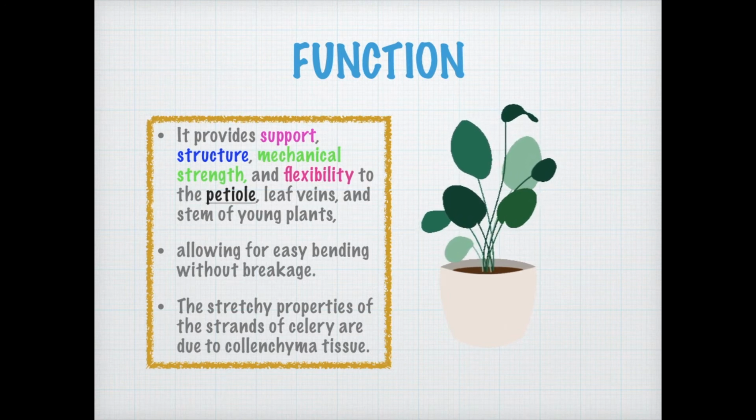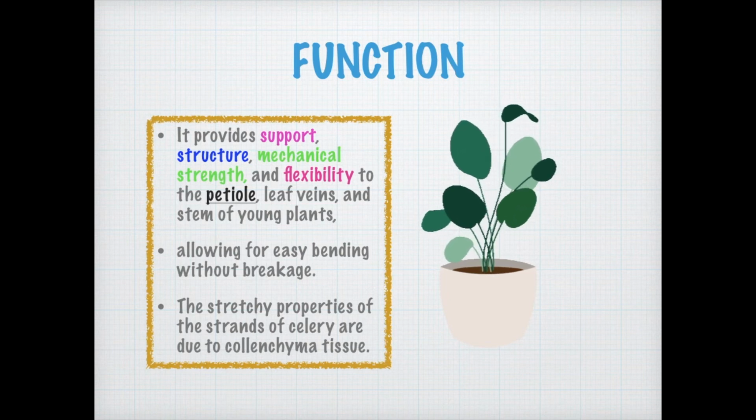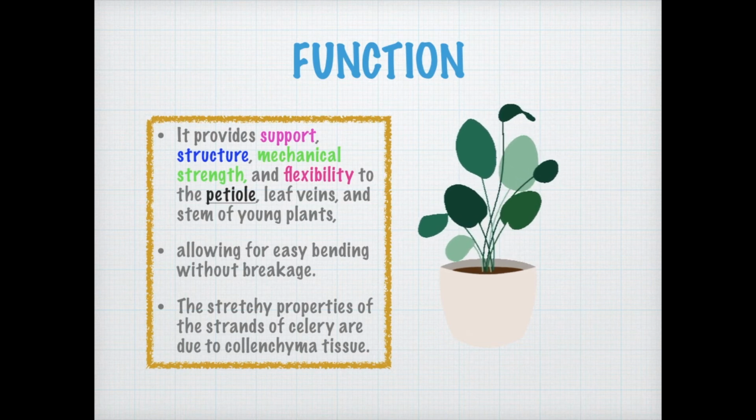And when they give support, definitely they will give structure also. They give mechanical strength and flexibility. Flexibility is a very important word, because it is mentioned in your NCERT books also. Why flexibility? Because when the plants sway from one side to the other in the wind, the winds could be very strong, or it could be a storm. These plants do not break so easily because of this collenchyma tissue. They will sway from one side to the other, but they will not break. So where is the strength coming from? The strength is coming from the collenchyma tissue, and at the same time it gives them the flexibility.